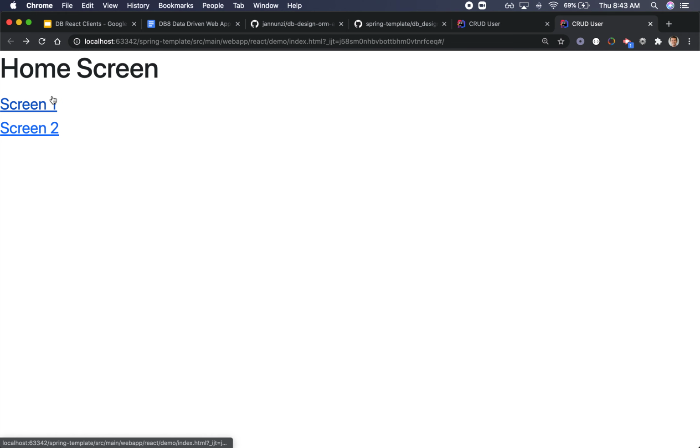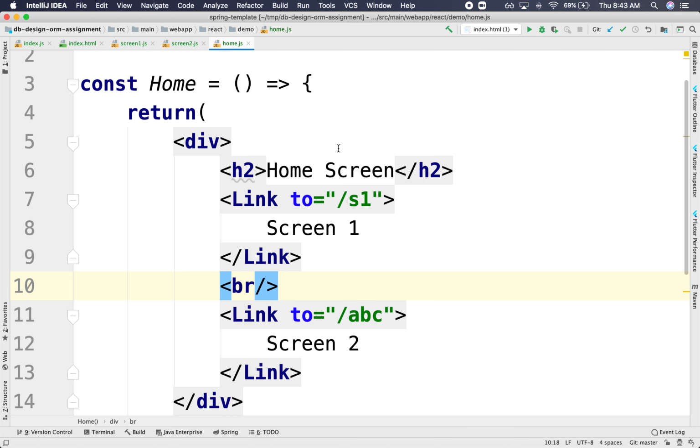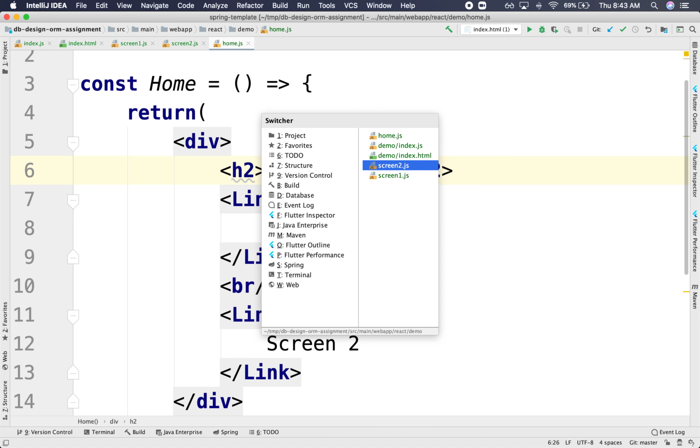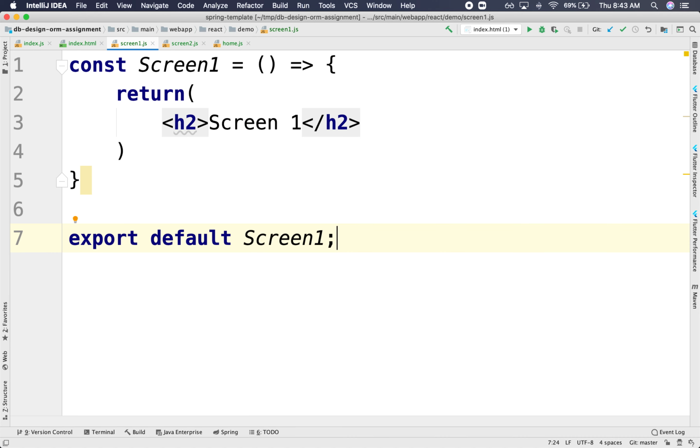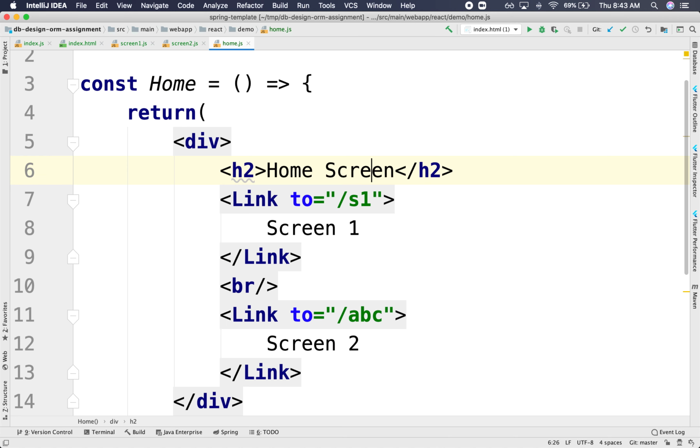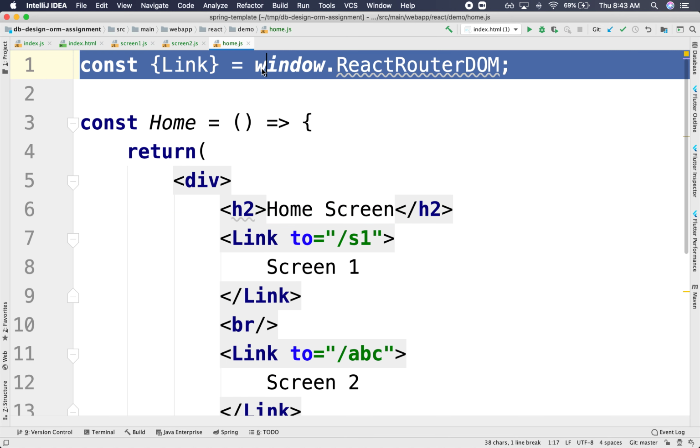Now, how do we go back? Well, we could put another link here that allows me to go home. And so let's take a look at that. So let's go to screen 1. In screen 1, let's show you how we could navigate back. What we could do is use the same technique we used in the home: we use a link,